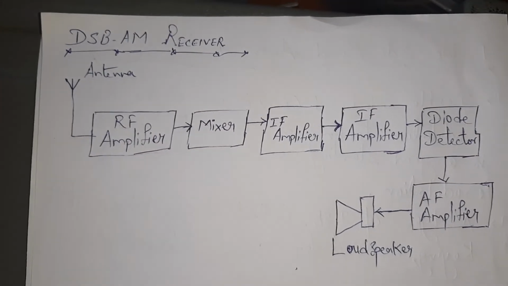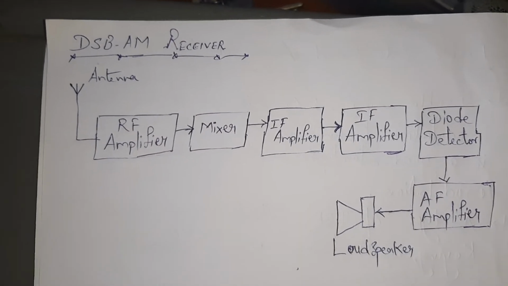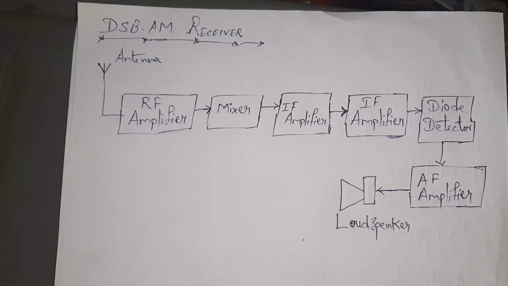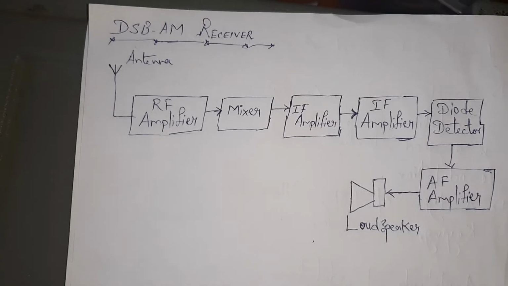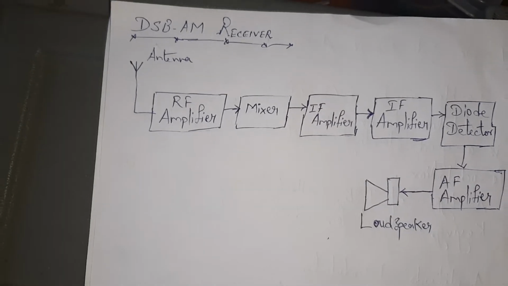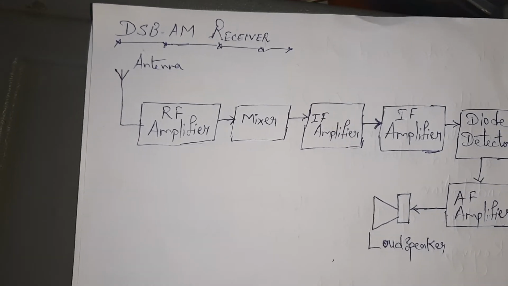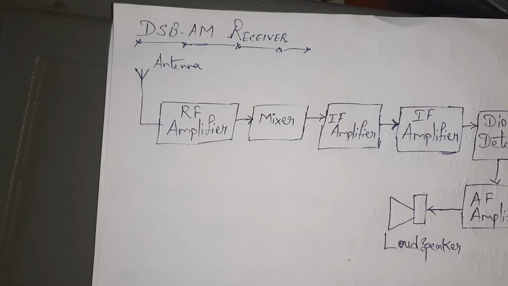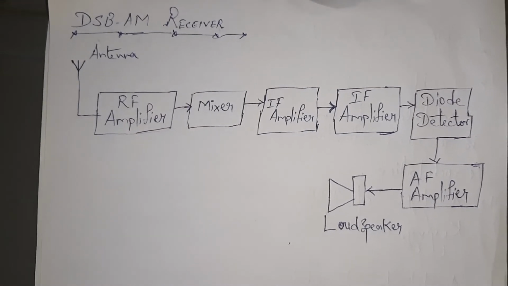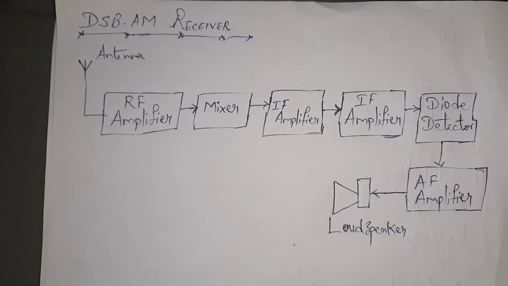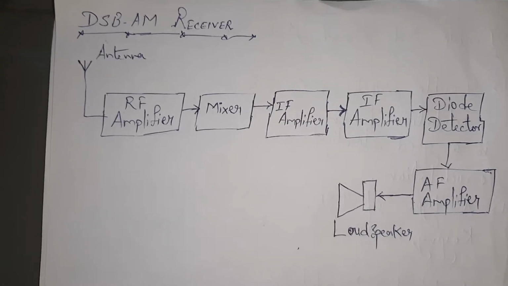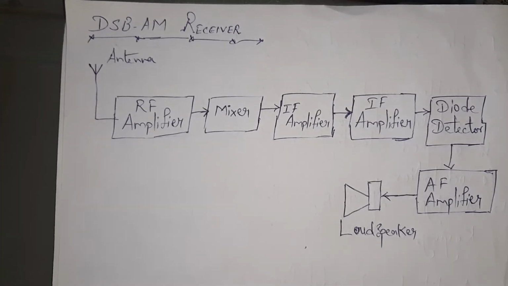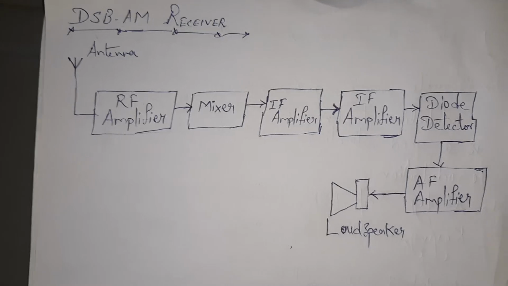Okay, so you can observe here a double sideband amplitude modulation receiver. First, the basic concept of the DSB AM receiver: the receiving antenna operates in the reverse mode to the transmitter antenna. The electromagnetic wave strikes the antenna and generates a small voltage in it. Ideally the receiving antenna must be aligned to the polarization of the incoming signal, so generally a vertical transmitting antenna will be received best by a vertical receiving antenna.